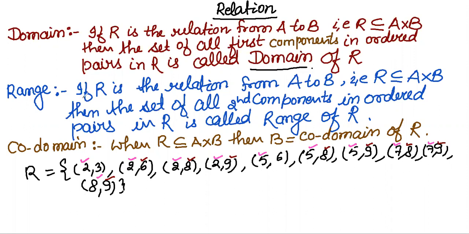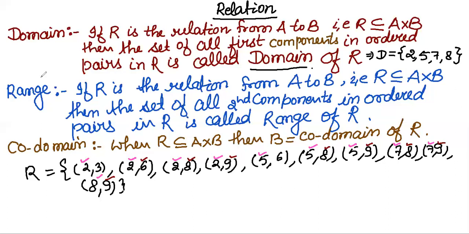So here, if we have to write the domain value, the domain value will be {2, 5, 7, 8}. We always write it in the form of a set, and we know that in a set we do not repeat any element. So the 2s are similar elements, so we will not repeat them. Again the first element is 5, then 7, and then 8. So this will be the value according to the example. This is the domain value.